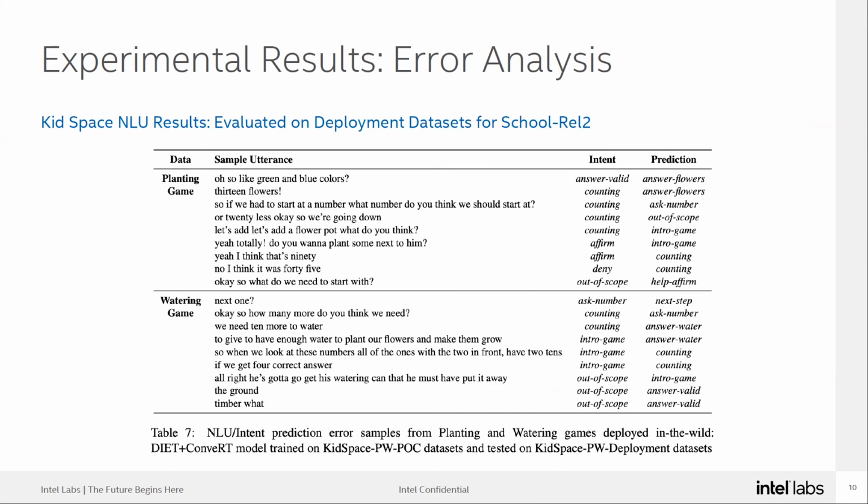And these are some of the errors that we see in the deployment. We checked what is going on here, and we saw that most of the performance degradations happen for very game-specific intents. As I mentioned, we are expecting them to say flowers, water, or anything that belongs to the meadow. We are asking what would make the meadow look beautiful or colorful, and they can say butterflies or whatever, different plants, different animals. These are all valid answers in the context of the planting game, but invalid in the context of the watering game.